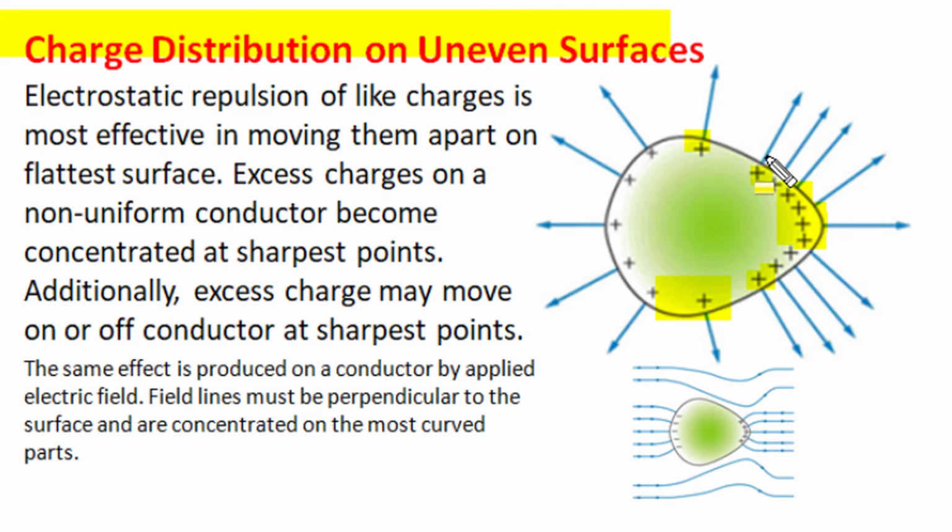So we can say excess charge will concentrate at the sharpest point and have lower concentration on flat uniform surfaces, and additionally if we keep on increasing this excess charge concentration, the surface electric field produced by this higher surface charge density becomes so strong that it may break down the dielectric strength of the surrounding insulating material, and in that case this excess charge may either move away or external charge may shift to neutralize this excess charge.